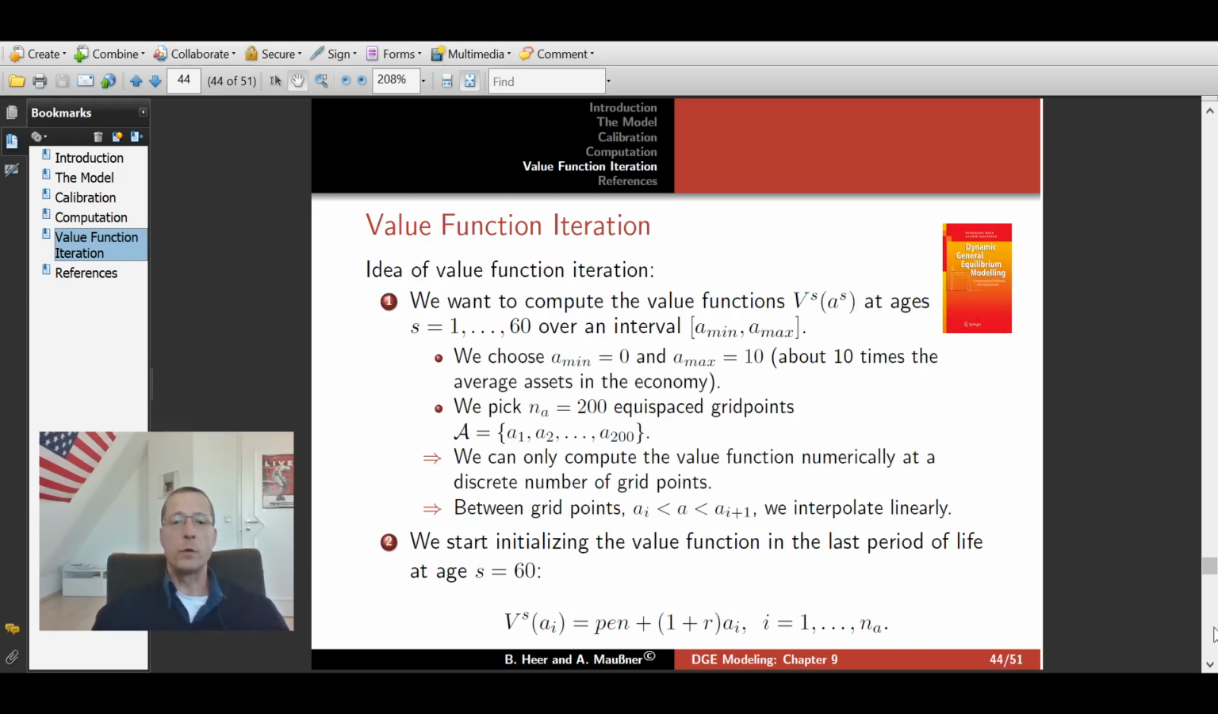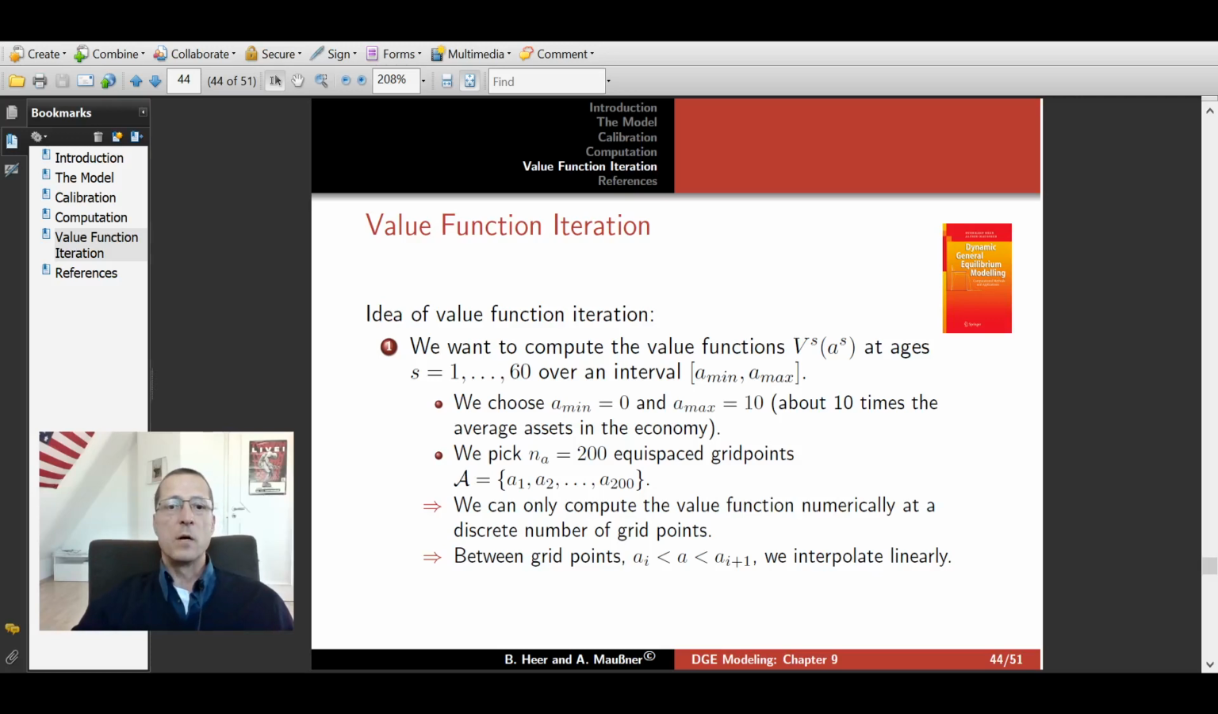So that's our first choice. We choose the state space, the grid over the state space, and choose the interpolation method. We choose linear interpolation. But it's easy to modify our computer program, for example, for cubic interpolation. Now that we have determined the interval a min, a max, over which we would like to find our value functions and then our policy functions, how much we should consume, how much we should save,